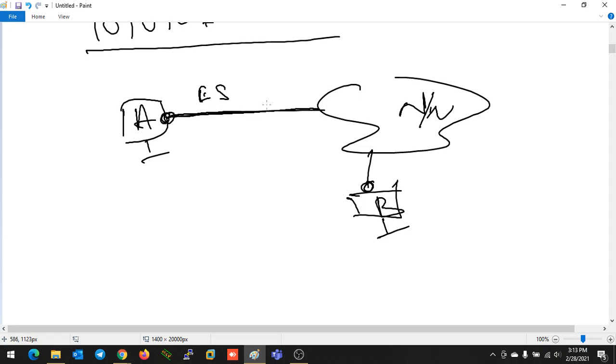If it's a fiber link, then it will be a light signal. If it's wireless communication, then it will be an RF signal. So right now, this is an electronic signal which is passing through your Ethernet cable. Here also it is Ethernet communication. So when A sends the data, that data also goes like an electrical signal towards B, and when B is receiving some kind of data, it is receiving an electrical signal.